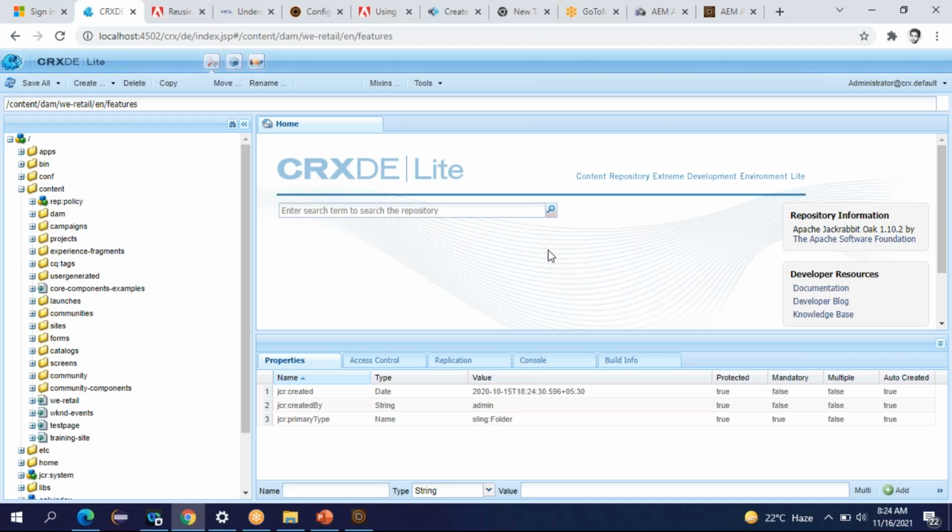One more quick question. We discussed author, publish and dispatcher, right? In that, are we running a separate instance for dispatcher? Actually, a dispatcher runs on an Apache server, so you have to do that setup separately. You can't access it by installing the author instance and all.